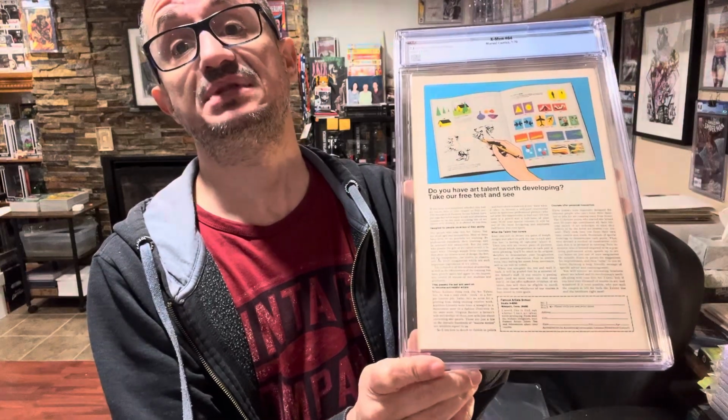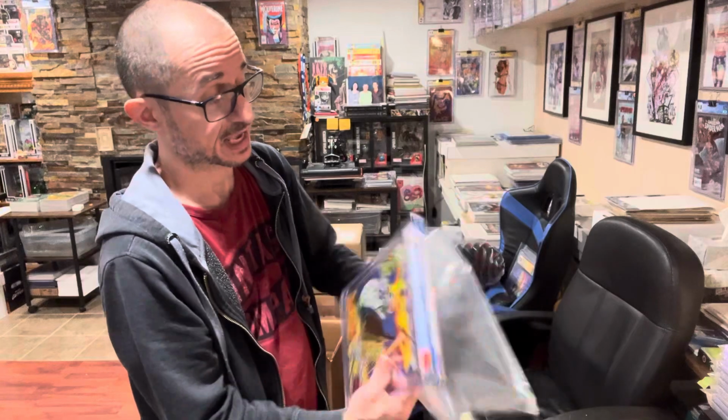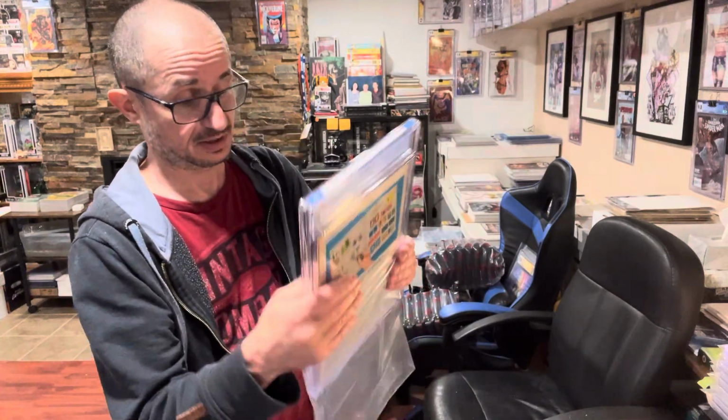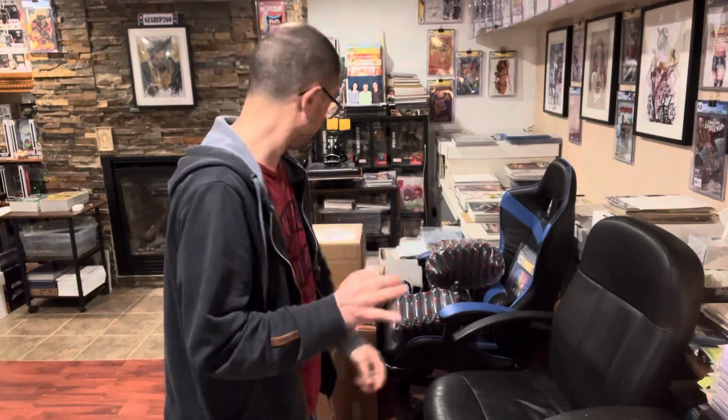I mean, I have tons of before and after pictures. This looks remarkable compared to what it was. So pretty cool to get a 7.5 back on that. And that's the first appearance of Sunfire. Shane, who's the owner of the book, it's one of his favorite characters, and he really wanted to spend the money to conserve and preserve that book. So it was worth it for him, for his PC, to put in the extra money and get that whitening done and remove most of the foxing. Even though there's still a little bit left,